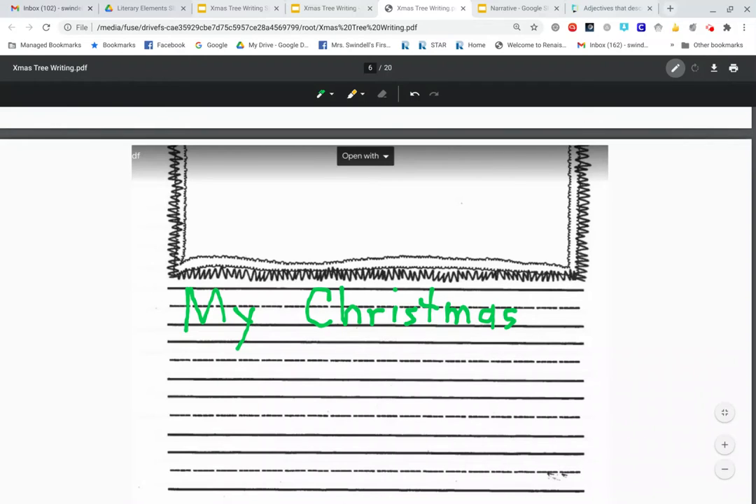My Christmas tree. Now be careful because this is an R blend word. It's not "jari" or "turi" with a G or a D. It's "tur" with a T. My Christmas tree. And then I'm going to write "is." And then I could have written "beautiful." I almost wrote "beautiful." My Christmas tree is beautiful, but I decided to use the adjective